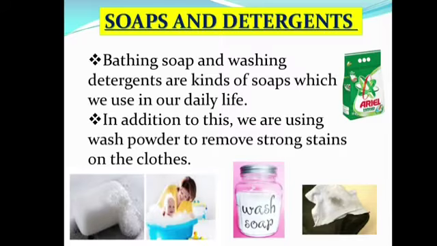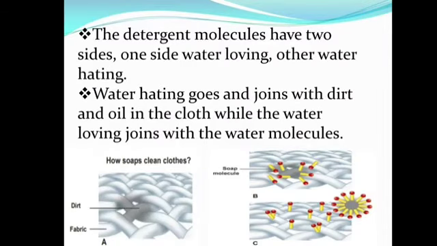So the bathing soap and washing detergents are some of the kinds of soaps which we use in our daily life. There are different kinds of soaps. In addition to this, we also use a wash powder, that is detergents, to remove the stains on the clothes. The detergent molecules have two sides. One side water loving, other water hating. Water hating goes and joins with the dirt and oil in the cloth, while the water loving joins with the